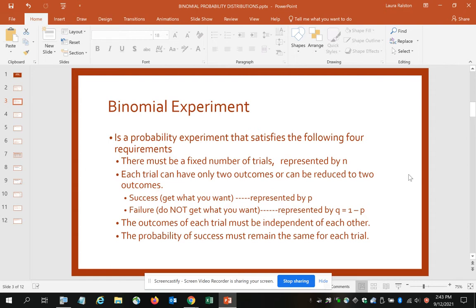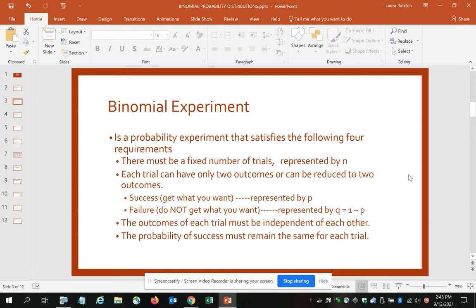You can think about it like the sample size. How many times are you going to flip the coin? How many true-false questions are you going to have on a test? How many sports games are you going to look at? So you have to have a fixed number of trials, and that should be typically stated in the question or in the problem. Each of your trials can only have two outcomes,